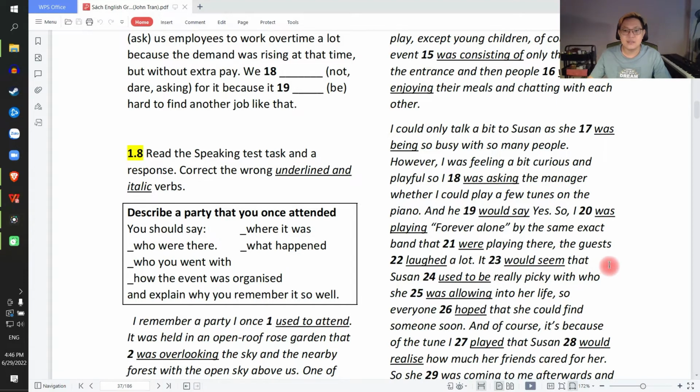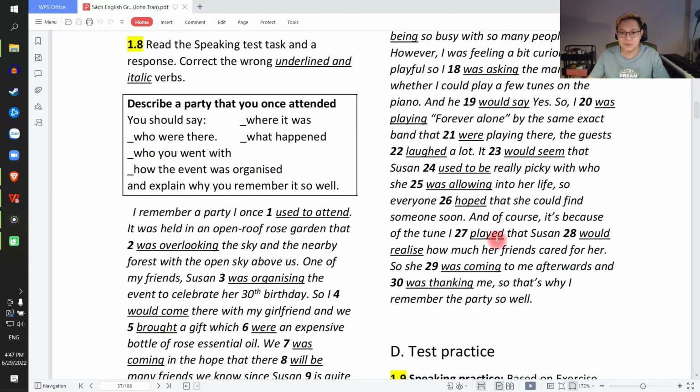It seemed that Susan used to be really picky with who she allowed into her life, so everyone hoped that she could find someone soon. And of course, it's because of the tune I played that Susan realized,